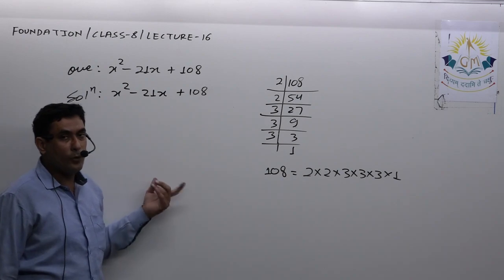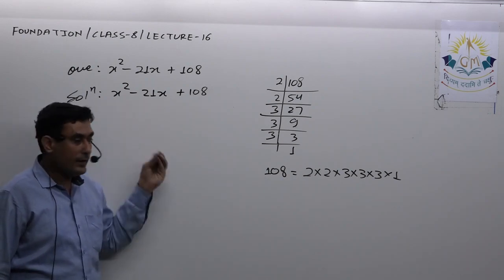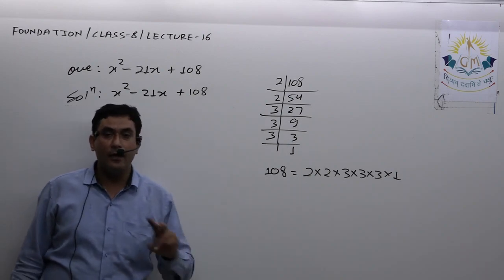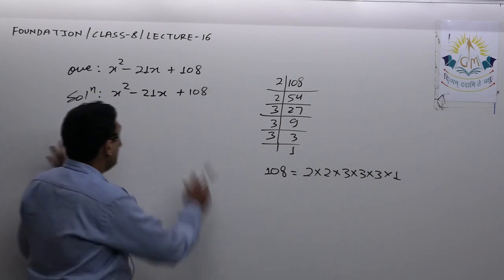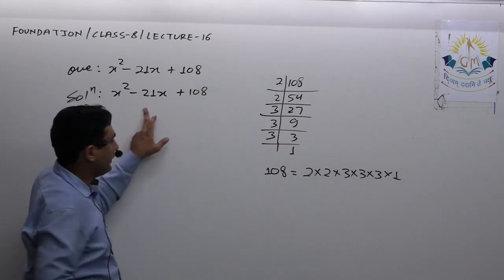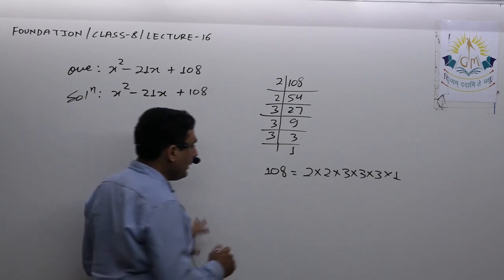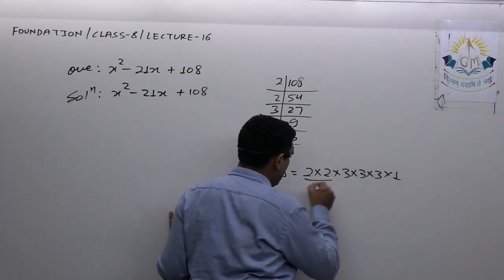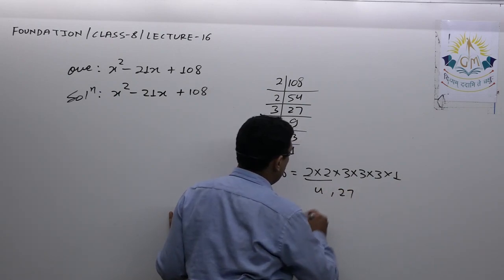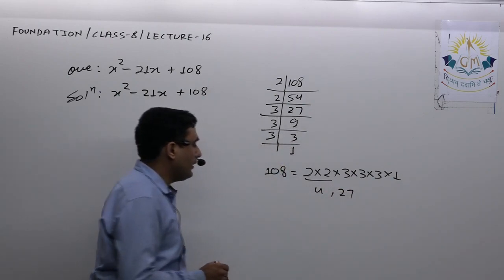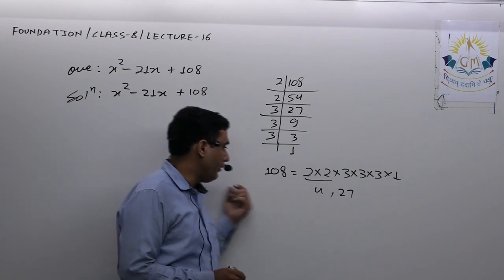So if I take both terms positive, I won't get minus 21x. Here one thing I can definitely say: the two groups that we will get shortly must be negative. That means we have to add them with a minus sign. So let us see. If I take this 4 and over here 27, 27 minus 4. Actually here I have to add. That we already got.